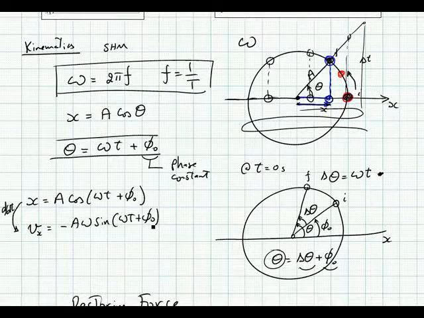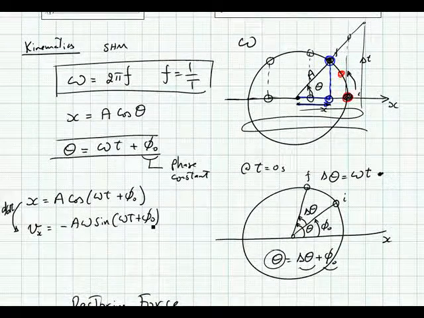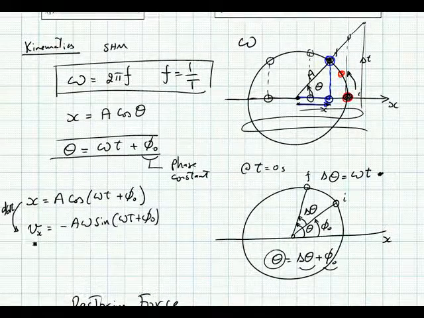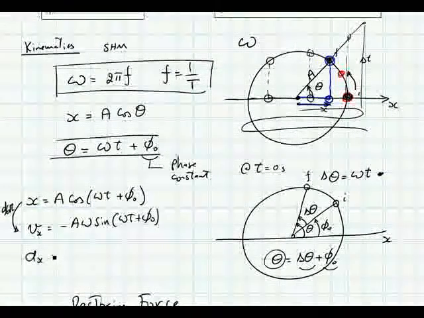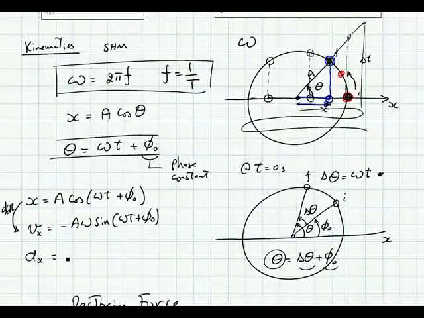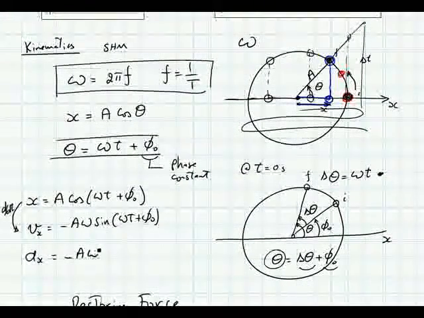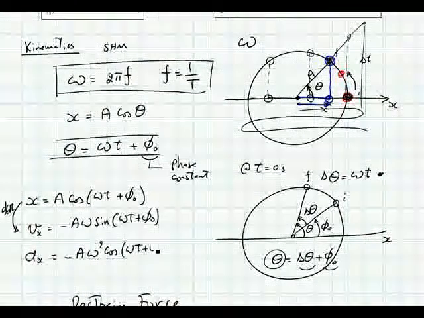So this is the velocity equation for our simple harmonic oscillator, and taking yet another derivative, we obtain the acceleration function, which is minus a omega squared cosine of omega t plus phi naught,